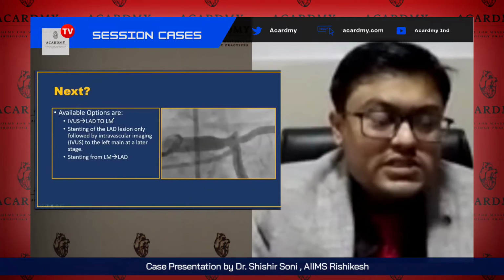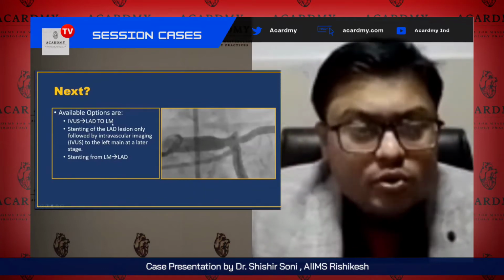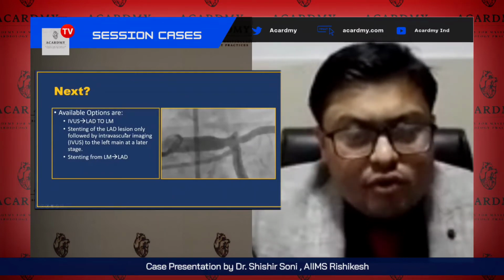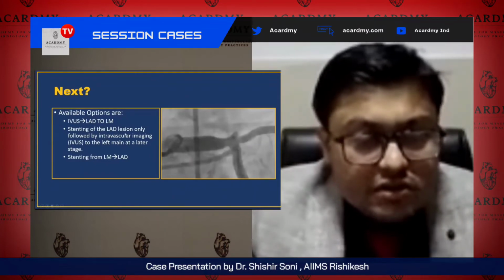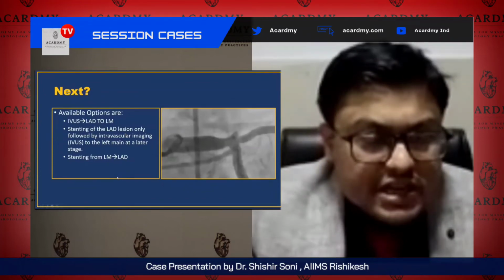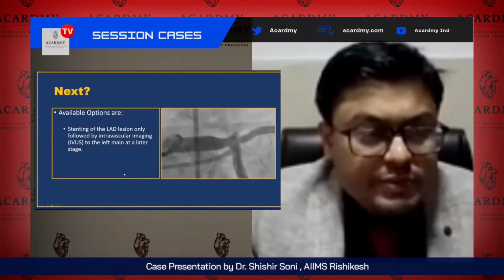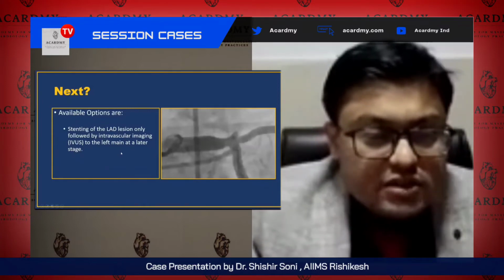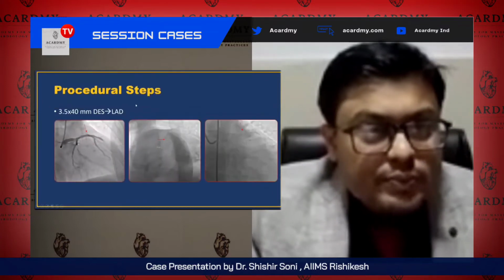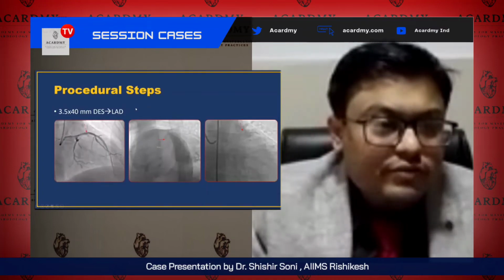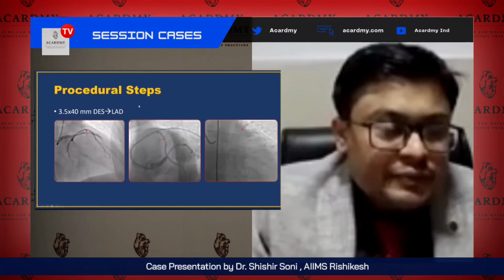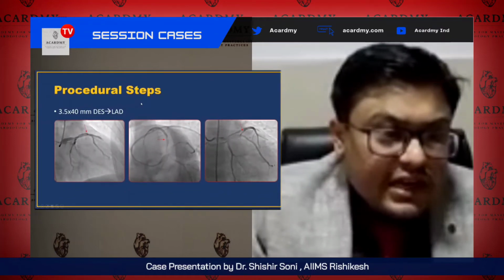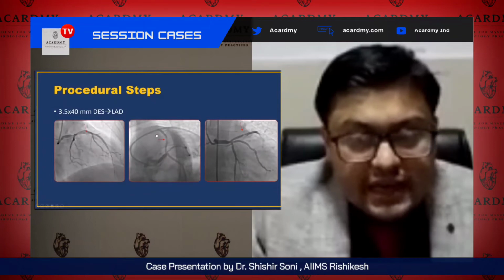So the available options are IVUS from LAD to left main, or stenting of the LAD lesion only, followed by intravascular imaging at a later stage, or stenting from left main to LAD. What we preferred was stenting of the LAD segment lesion only, followed by intravascular imaging of the left main at a later stage. So that was our plan, and a 3.5 into 40 mm drug eluting stent was